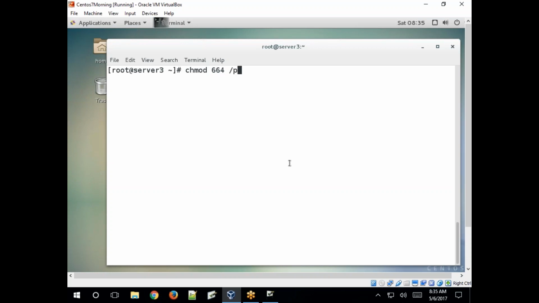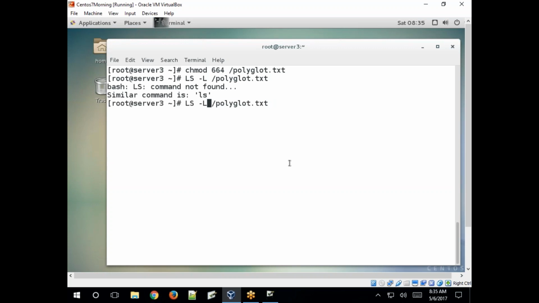Okay, polyglot.txt, ls -l /polyglot. See, oh sorry, modified, right?